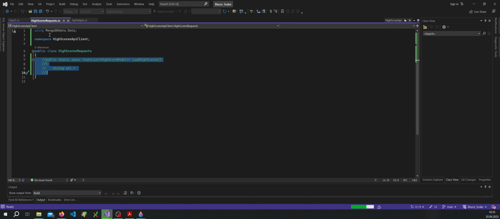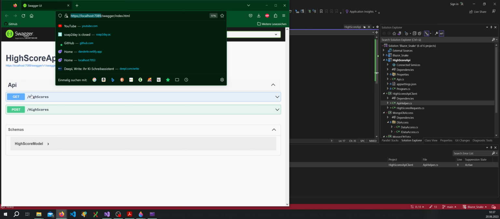Alright, and yeah, the base address here from our API is going to be, right now, since we're local, this right here. And then after that, we have the requests that we have. So high scores get, right here. So slash high scores get post, and that's it for now. I'm going to copy this base address. I can stop running it,